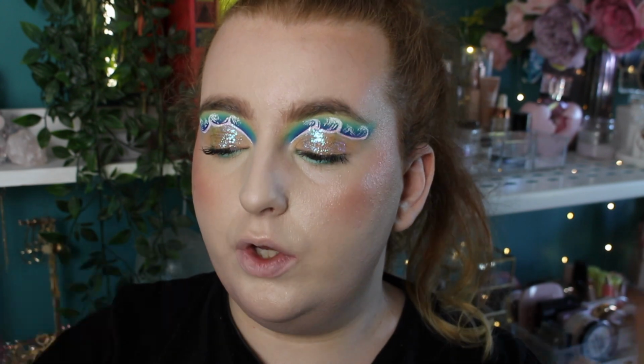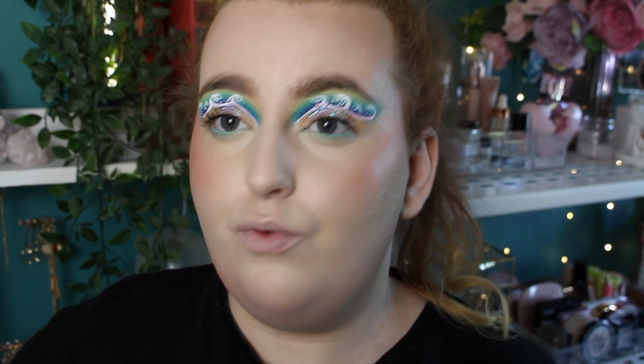I want to add some setting spray. I'm gonna use the Glamglow Glow Setter for this. Just keep the glow going, you know. Smells so good. For lips, I think a red would go really well at this, like an orangey based red,